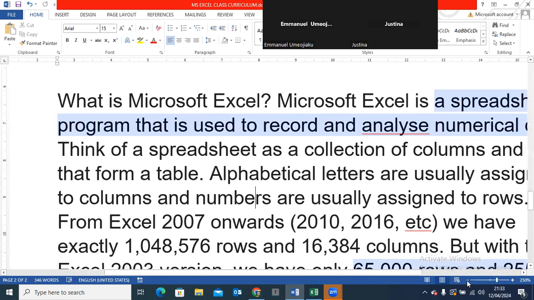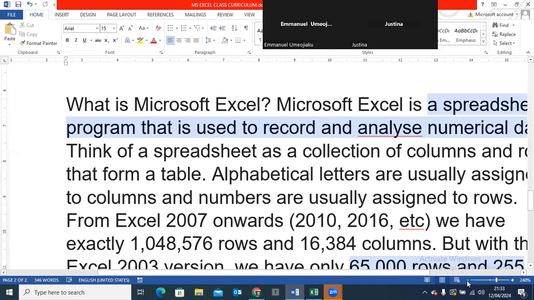The columns are labeled with alphabet, while the rows are labeled with numbers. You might want to find out how many rows and how many columns we have in Microsoft Excel. I want to tell you that there are a lot of rows and columns. From Excel 2007 onward, that is 2010, 2016 onward, we have exactly